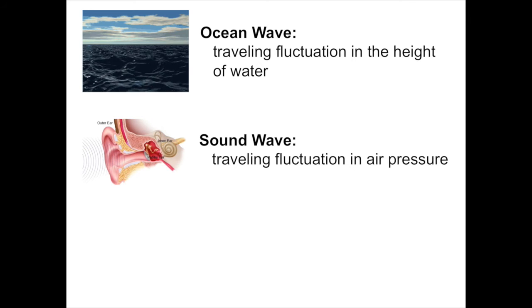The other experience of waves in everyday world is sound waves. These are traveling fluctuations in the air pressure. These fluctuations in air pressure, little transverse waves as they're called, wiggle a membrane in the inner ear. Connected to that membrane is a series of bones, the bones of the middle ear, which are connected up to the nerve endings. And it's by turning these fluctuations in air pressure into motions of this little membrane, eventually into electrical pulses in the nerves, that human beings, and in fact any animal with a similar ear design, hear sound waves.